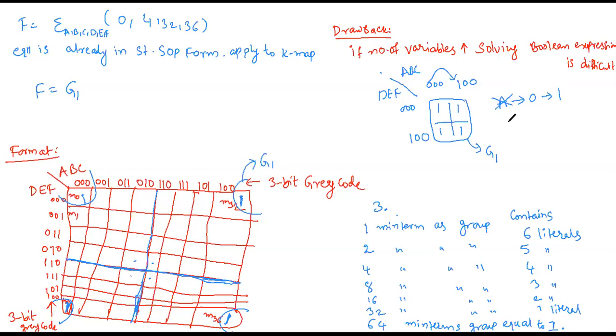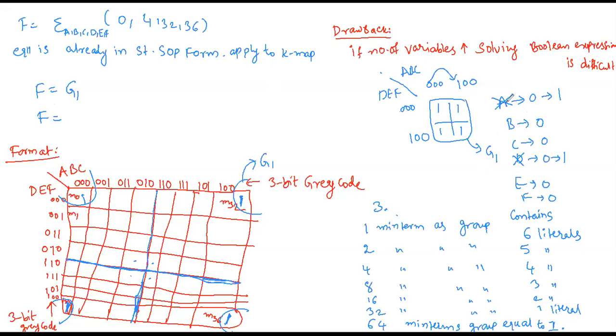Similarly, look for B. B is constant and 0. C is constant and 0. Next, D. D is changing 0 to 1. If it is changing, strike it off. Next, E is constant 0. F is constant 0. So G1 is equal to